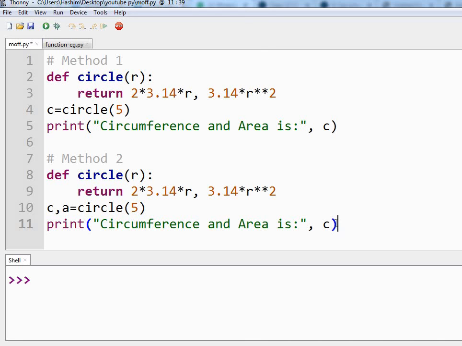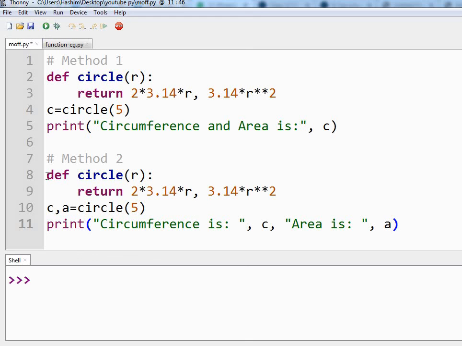Earlier it was only the one tuple that was saving everything, but now we have individual variables for circumference and area. So circumference is in variable C, comma, area is in A.